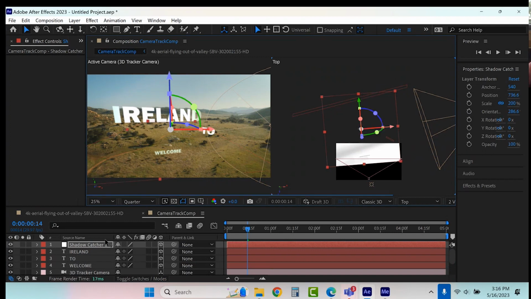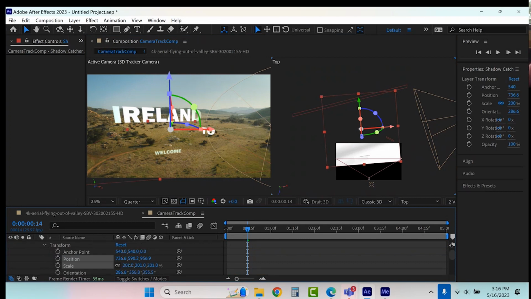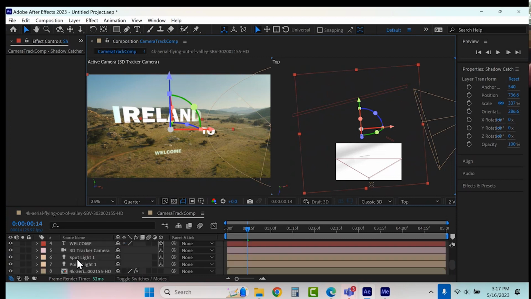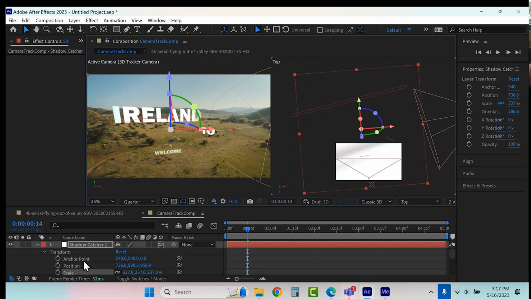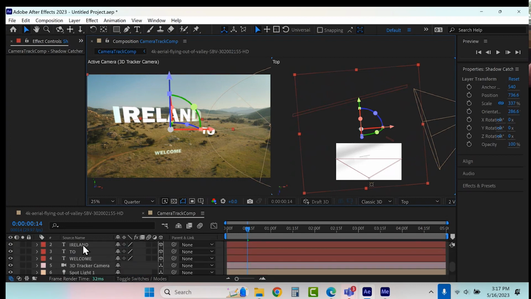but I need to make sure that plane, which only picks up shadows cast onto it, has to be big enough to catch the shadow cast by the word Ireland, which is right here.